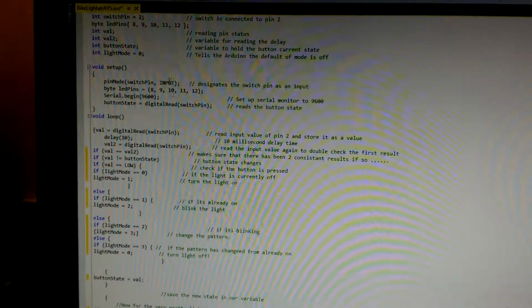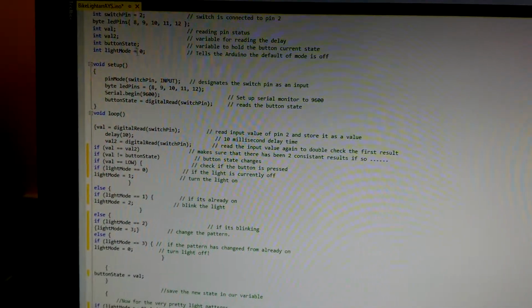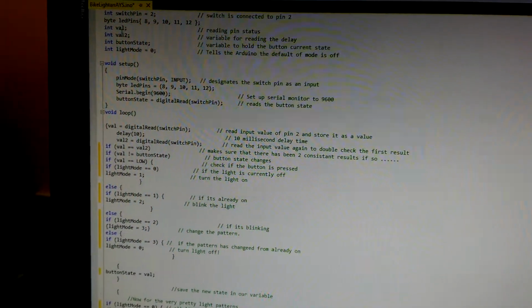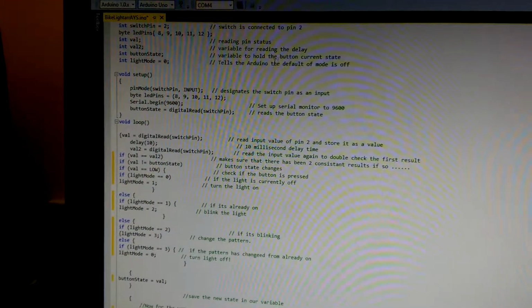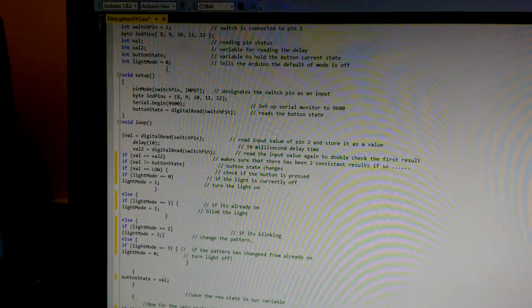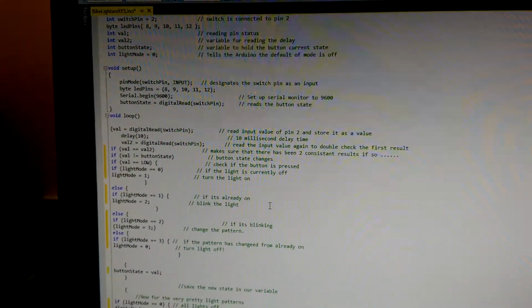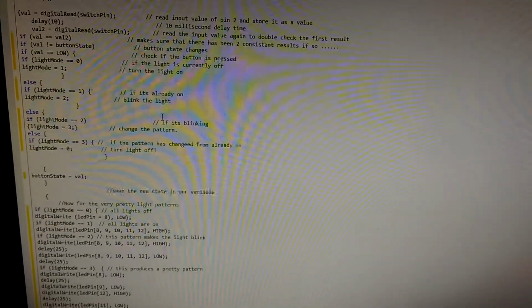But as you can see here, I used an array at the top to set the pins. I used a val command to read the variable for the delay, and I used button state to count the amount of presses the button had. Yeah, so this was quite an interesting challenge. If we scroll down,